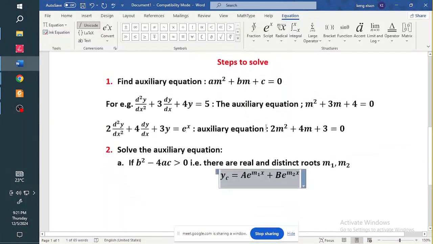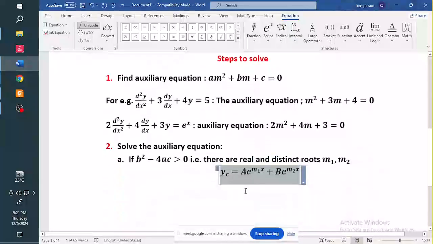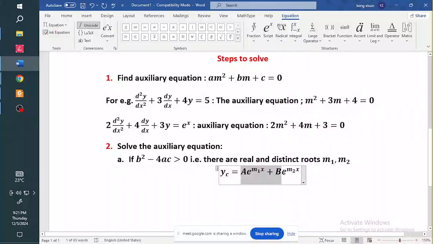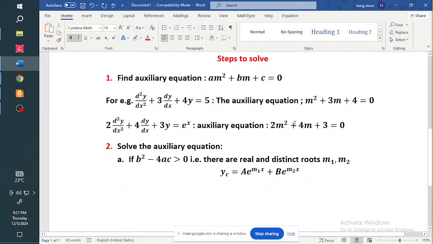That is how you start solving your differential equation, because normally the general solution of a differential equation is a sum of this complementary function and what we call a particular integral. So the first thing to do is find the complementary function, and to find the complementary function, we must solve the auxiliary equation. So let's take our first example here, where we have this differential equation. So if I solve my auxiliary equation,